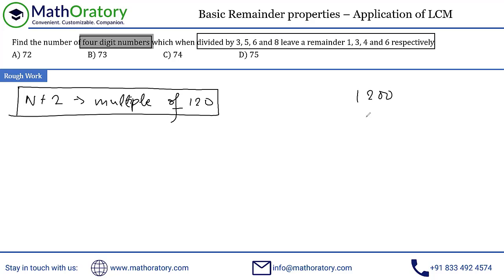So here, if you have 1200 as a multiple of 120, if I subtract 120 from it, it remains a 4-digit number. If I subtract 240, it becomes a 3-digit number, right? So check this out. 200 minus 240 is negative, so 1000 minus a negative will become a 3-digit number. So effectively, I can subtract 120 from it, but not 240. This should happen mentally itself. So I'm doing this in the simplest way possible.